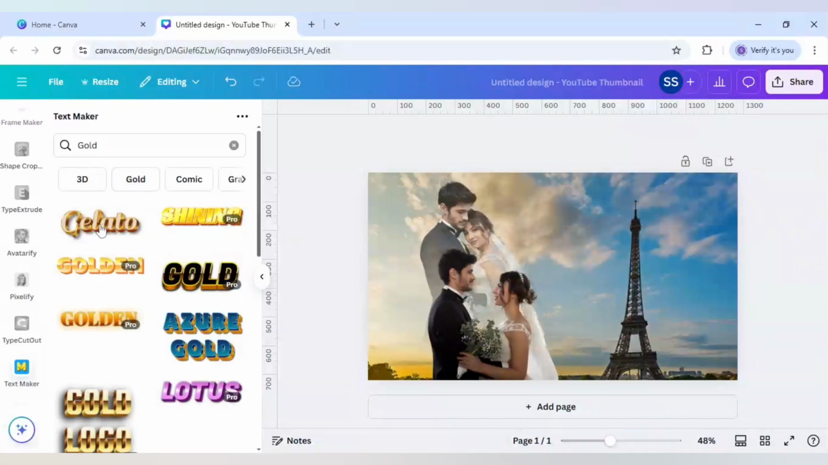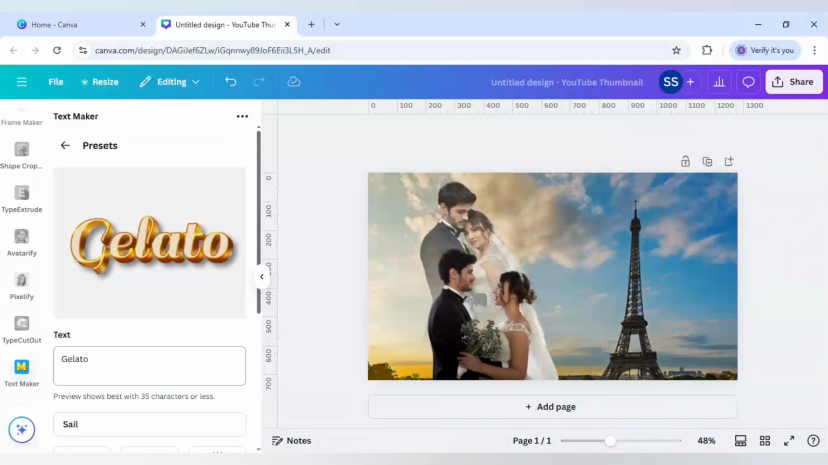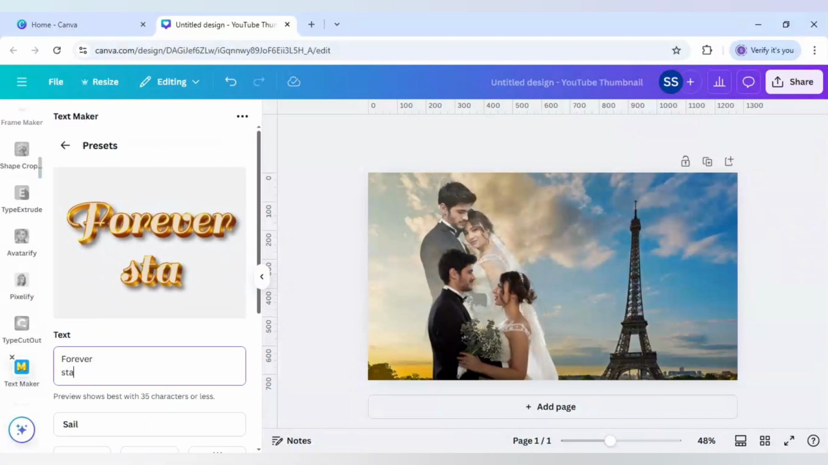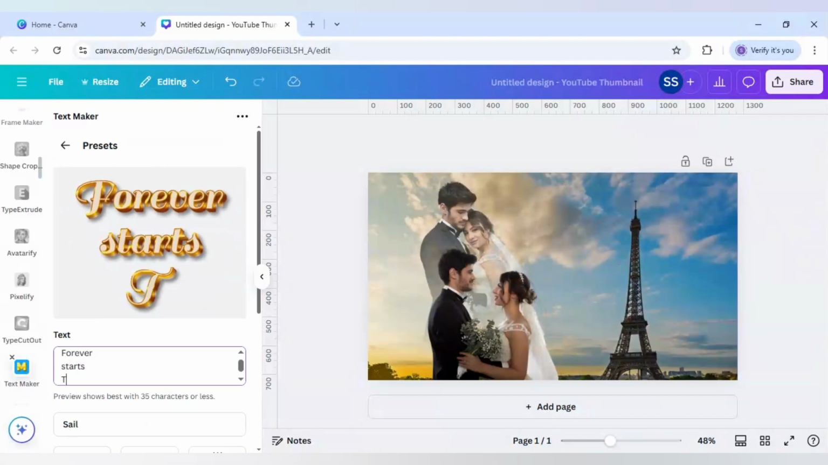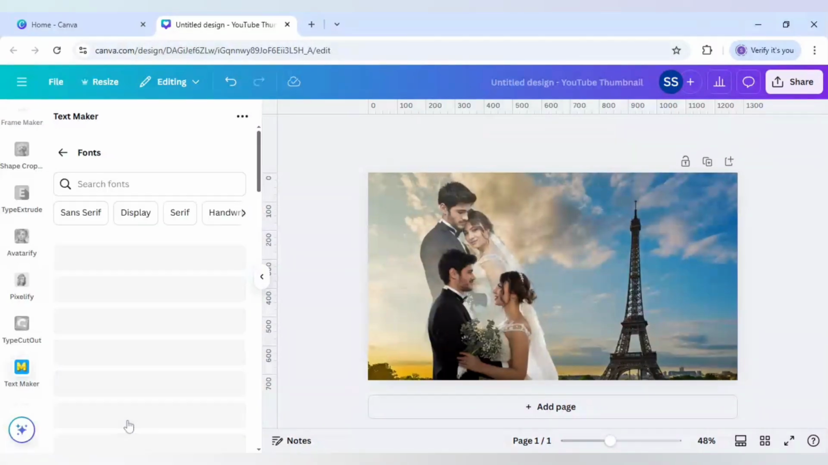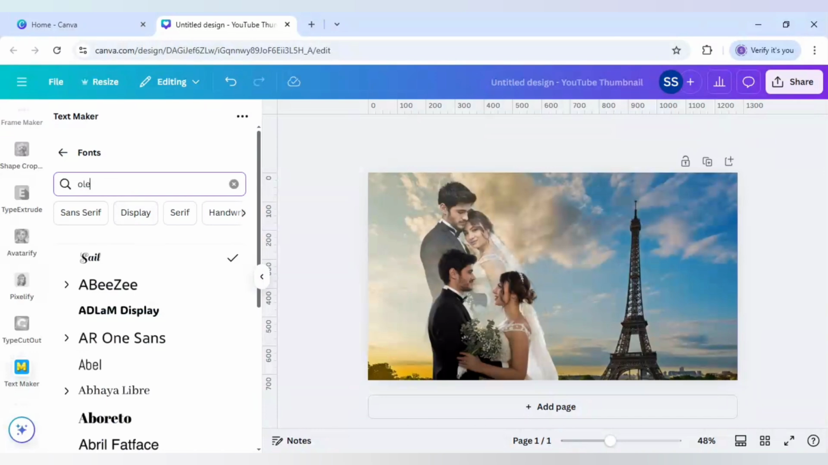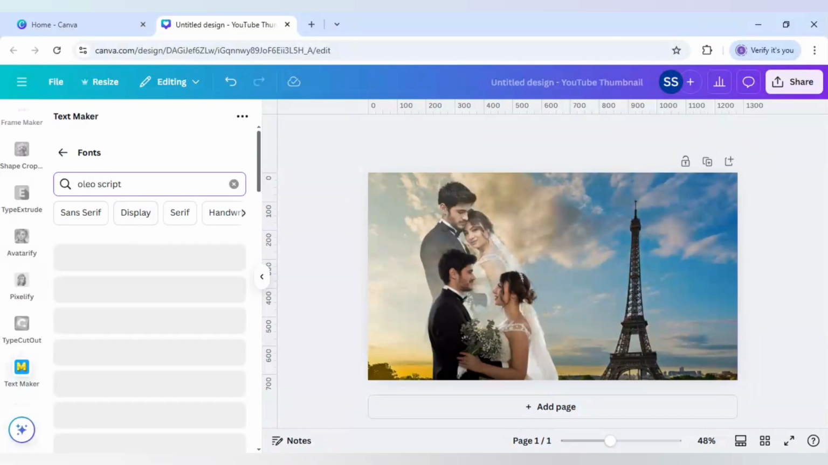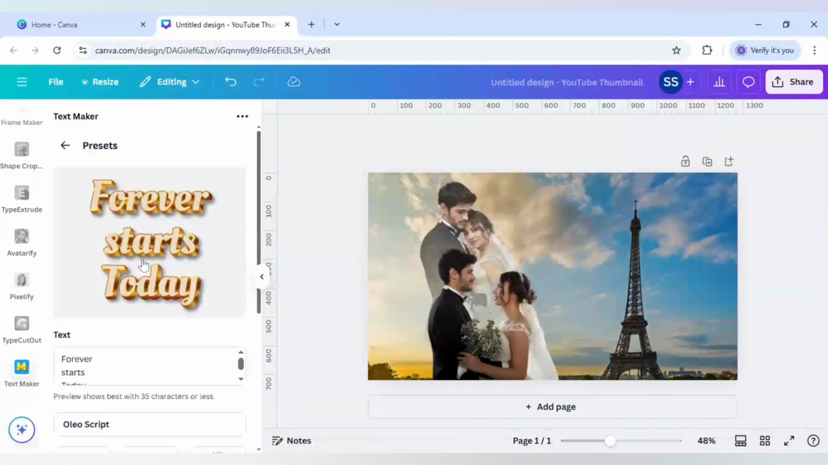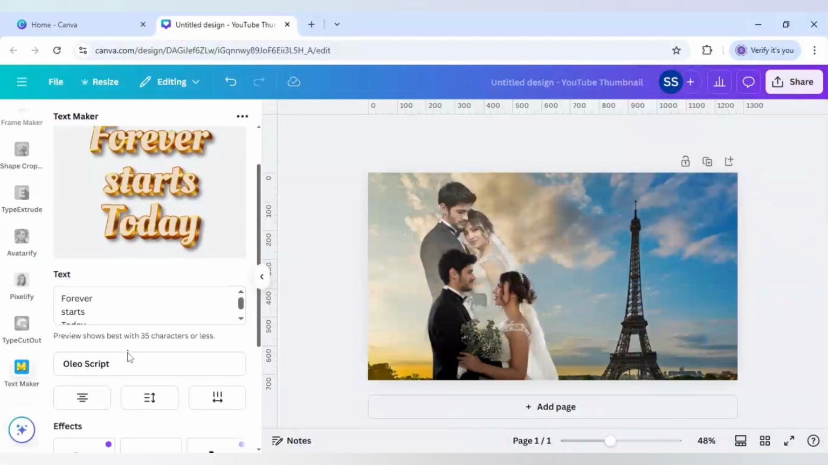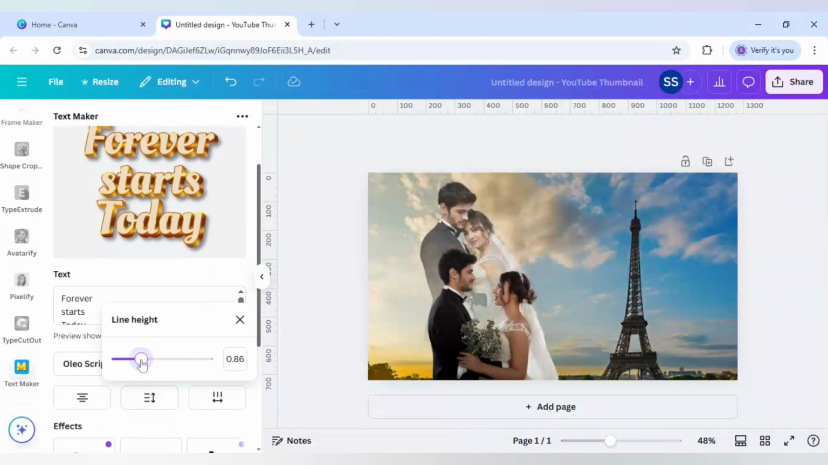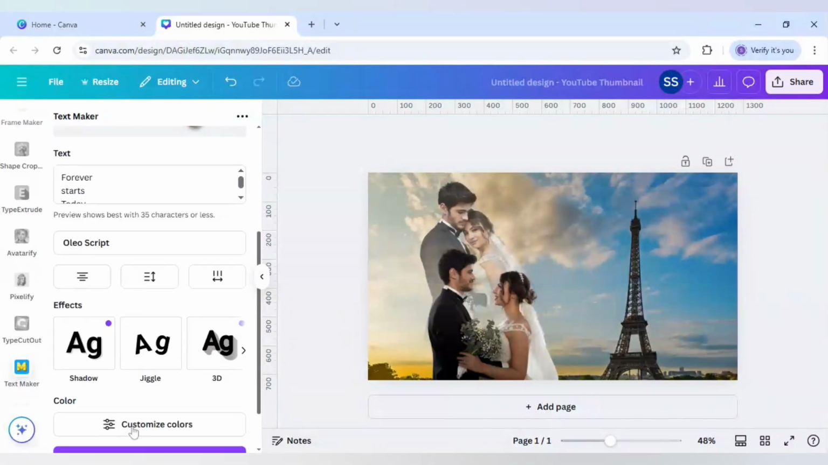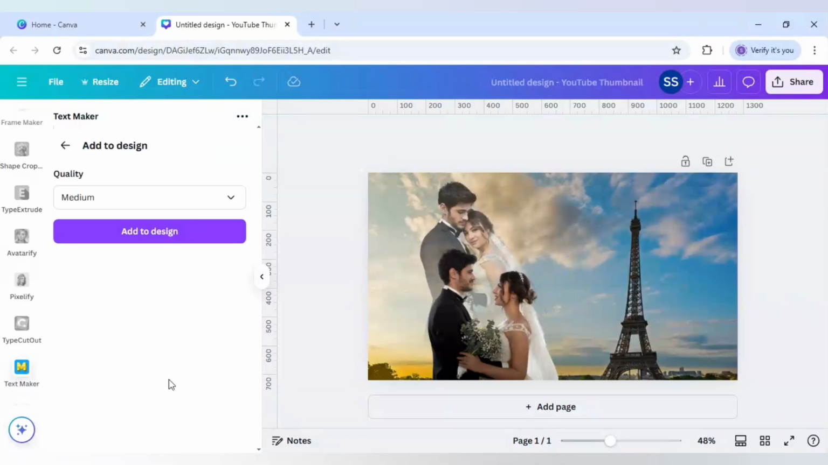And here select gold and here select this gelato one, and after that here I will write forever stars today. Okay, and after that for the font I will be using Oleo script. Okay, and this is the script which I will be using, and let's decrease the line height to 0.86. Okay, and after that click on add to design,